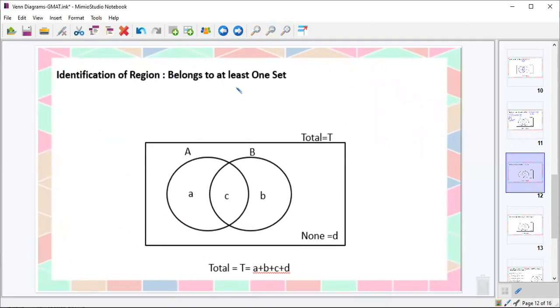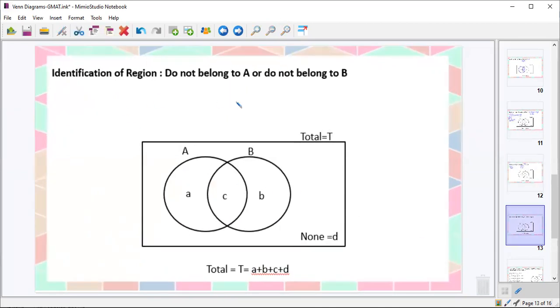The next statement says belongs to at least one set. Whenever you have statements like at least, at most, I'll always advise you to write it in this form first. We know for two parameters, a person can belong to 0 or 1 or 2 regions. Now the statement is belongs to at least one set. So minimum value is 1. I can have 1 or more than 1. So basically we are talking about these two regions. So 1 and 2, that means A plus B plus C, or I can also write it as total minus D, since my total is the sum of all the four regions.